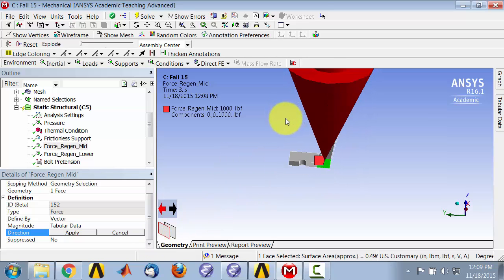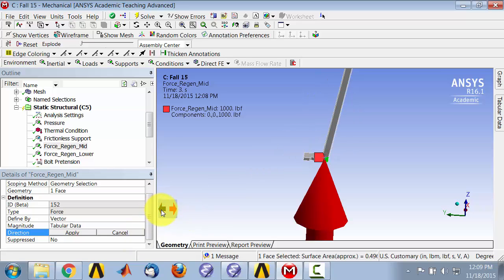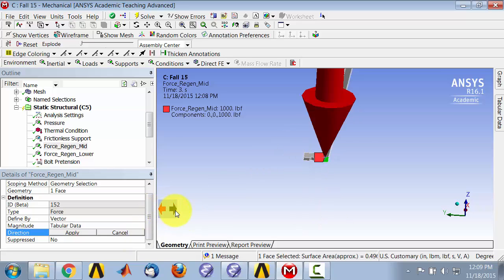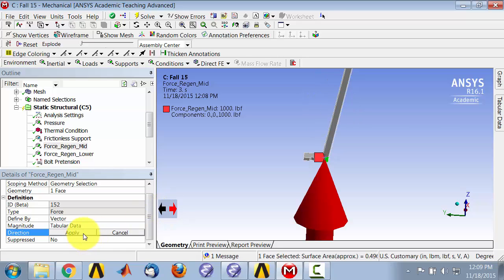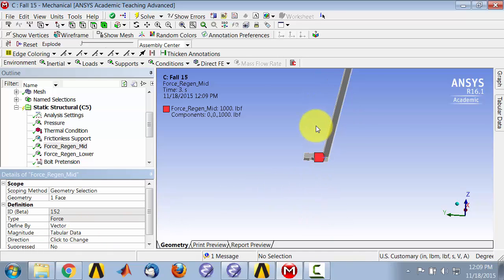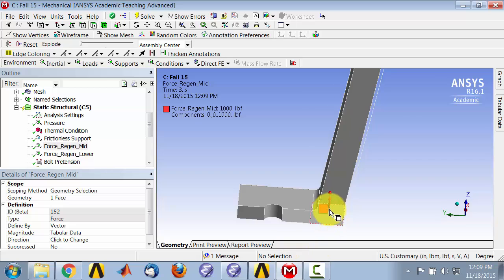This arrow is very big here, but I can switch the directions by clicking on these arrows. Okay, and similarly for the other